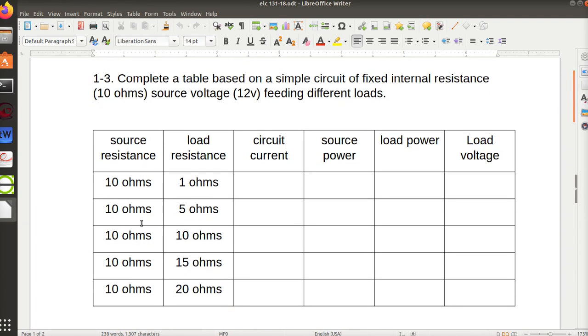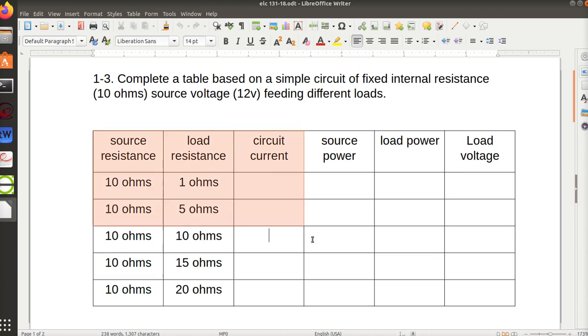We have a source resistance. Everything has some internal resistance. And then we have a load resistance. So what we want to explore here through this chart is when do we get the most load power out? And then what is that load voltage? And what's the source power? Because if something has internal resistance, it will have an internal power drop, so it will get hot or cold, so to speak. Okay? So what I want to do is hopefully I can copy a lot of this